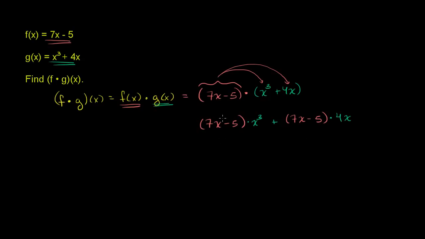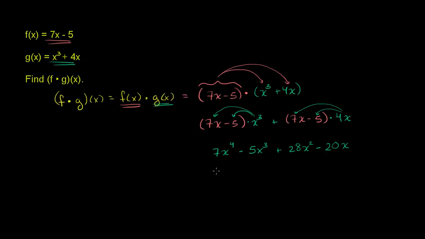And now we can do the distributive property again. We're not normally used to seeing the things we distribute on the right-hand side, but it's the same exact idea. We could put the x to the third here as well. And when we distribute, you multiply x to the third times 7x and times negative 5. x to the third times 7x is 7x to the fourth power. x to the third times negative 5 is minus 5x to the third. And then you do it over here. You distribute the 4x over the 7x and negative 5: 4x times 7x is plus 28x squared. 4x times negative 5 is minus